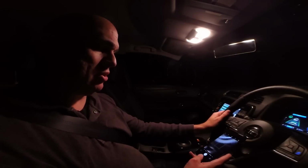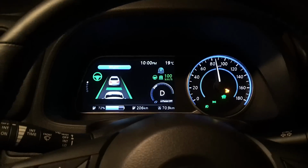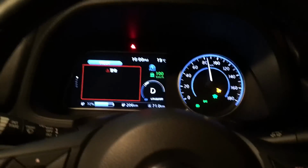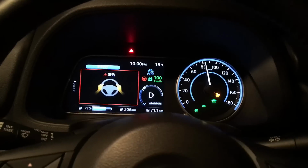Okay, there's nobody behind me. So I'm going to try this thing. I'm going to show you what happens when you let go of the steering wheel. I'm going to do it with both cameras going at the same time. So I let go of the steering wheel. First you get a little red light warning you to put your hands back on. Then it's going to start making noise and beeping and showing a red handle. And then,